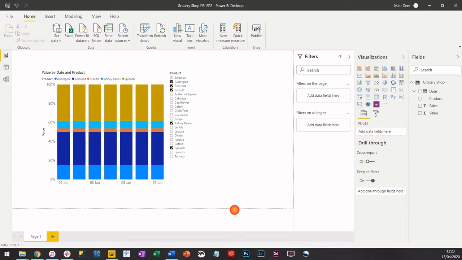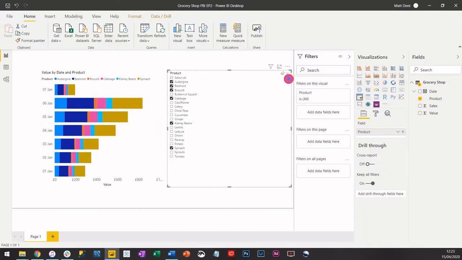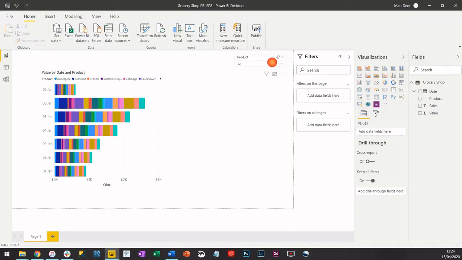So if I go back to the start and start with the first visuals we looked at for the first chart, we can now change what this looks like based on our selection with the slicer. Now this slicer has taken a lot of space, so I'm going to click on the little down arrow here and change that to a drop down and just make this a bit smaller. So now our slicer is taking up a lot less space. I'm just going to stick it up in the top corner,